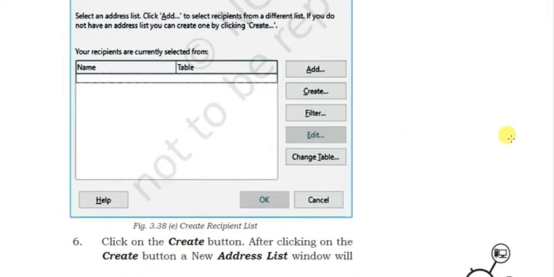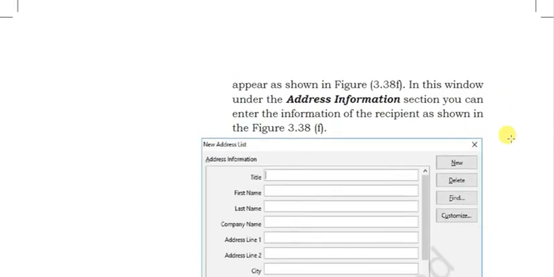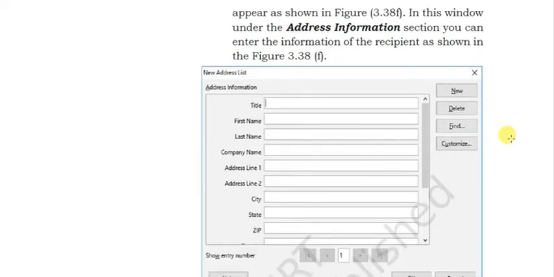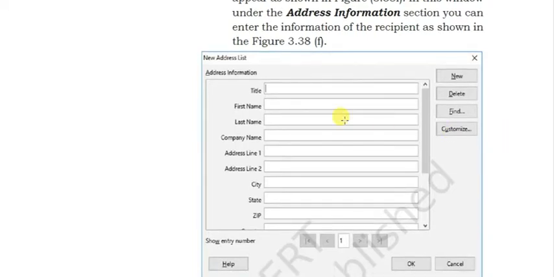After clicking on the Create button, a new address list window will appear like this. In this you can have the details of each of the recipients. You can put a title, first name, last name, company name, address, city, state, zip code, many fields are there, and then you can go to New.